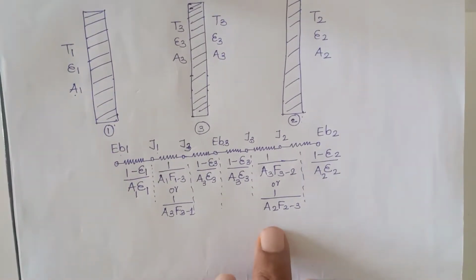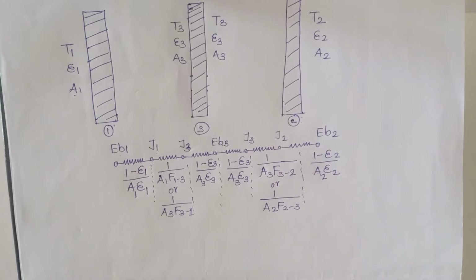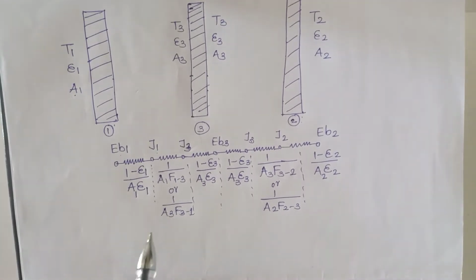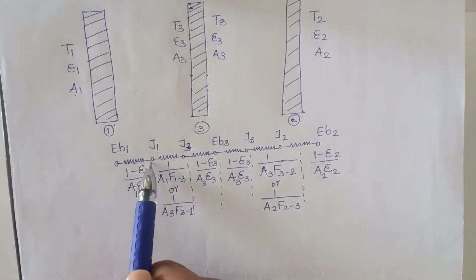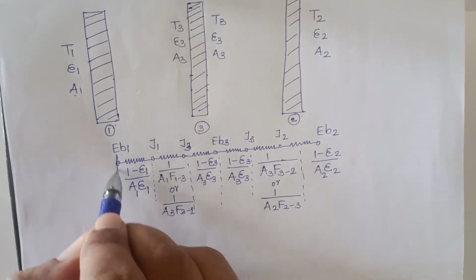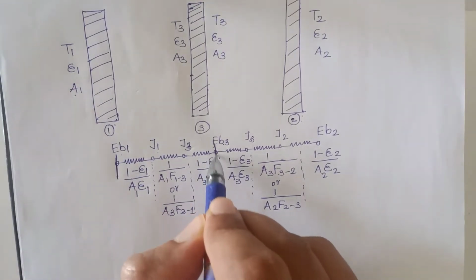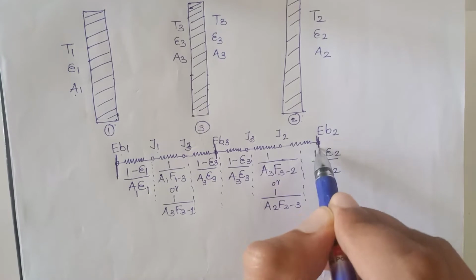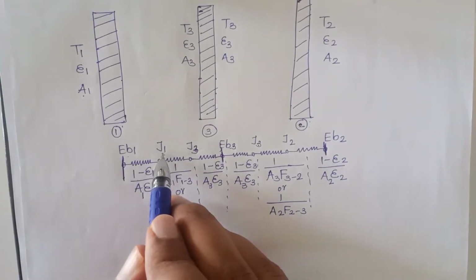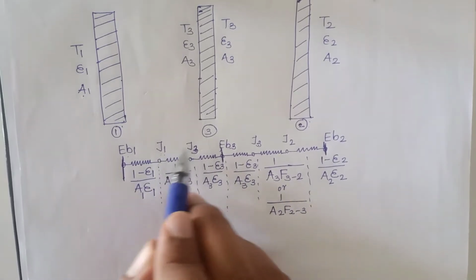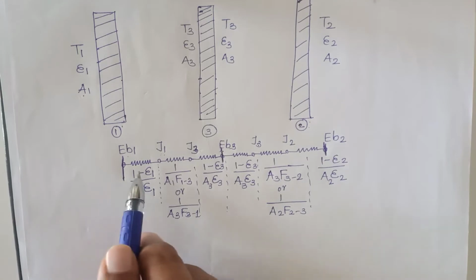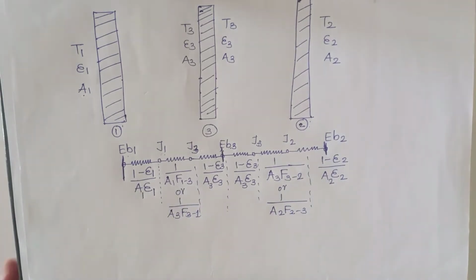Remember, we did a simple exercise, but we followed it in a very disciplined and sequential manner. Firstly we plotted the nodal points. If it is at the surface, then it will be EB1. So this is surface 1, this is surface 2, and this is surface 3. Exactly at the surface there will be emissive power. For each individual surface there will be radiosity, and again at the surface there will be emissive power. And we have written all the resistances in sequential form.